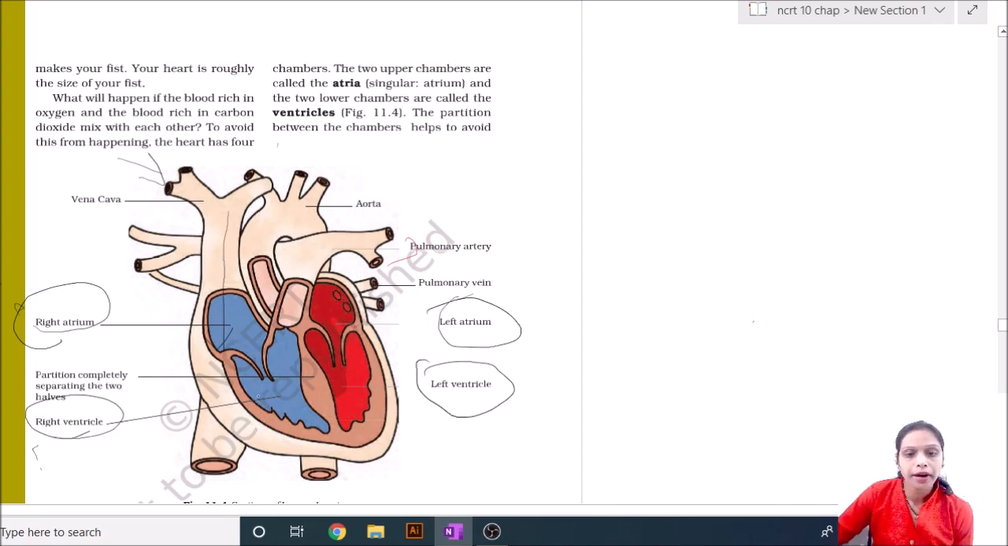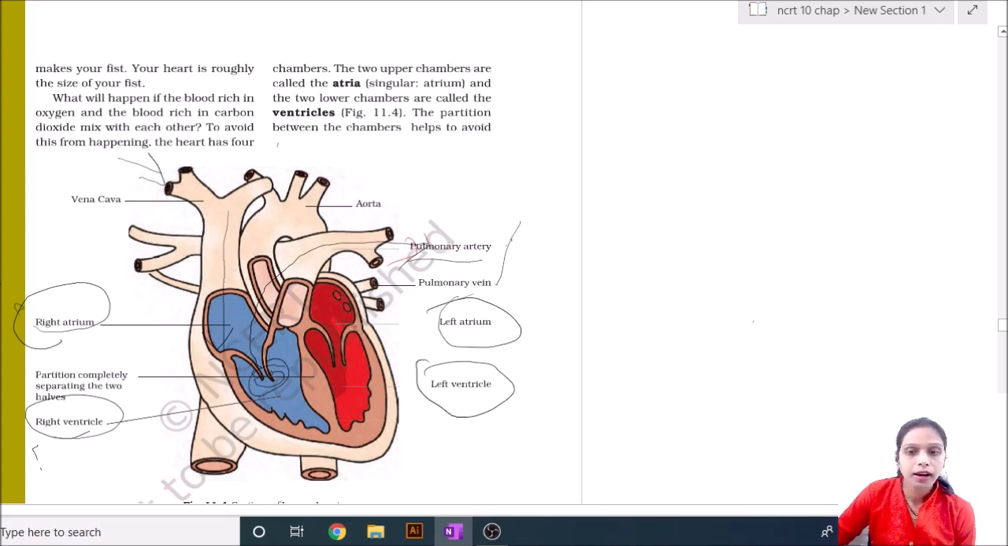it goes into the right ventricle, where the tricuspid valve is there. Whenever the pressure of the blood is high here, the valve is shut, and the deoxygenated blood goes through the pulmonary arteries